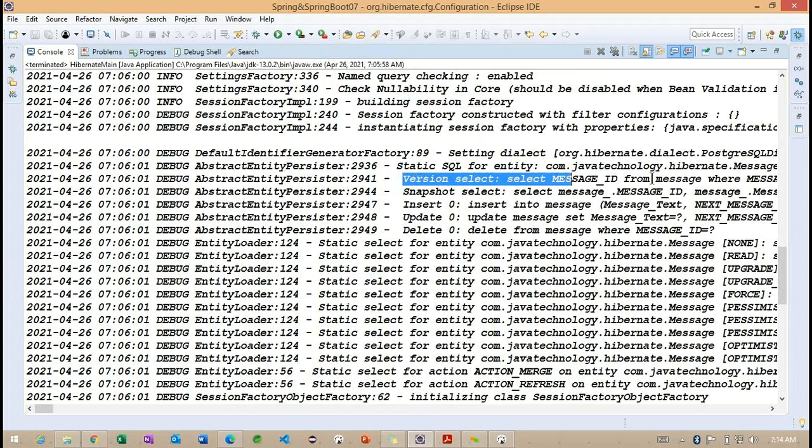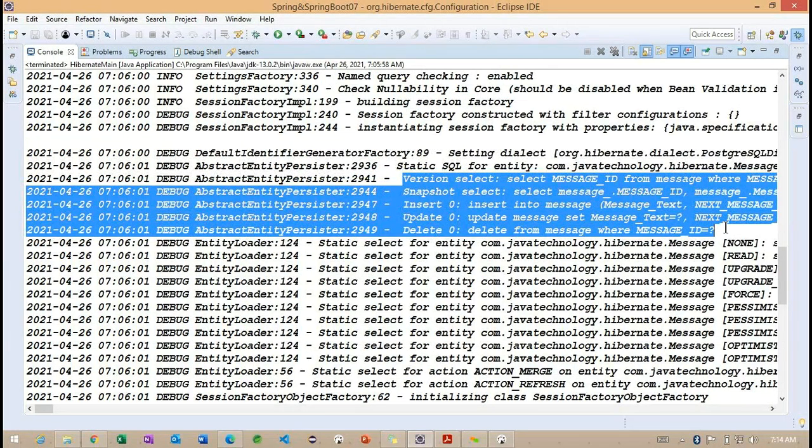And later, we can understand these are the SQL queries for this particular model class called Message. These are the SQL queries generated by this particular class, AbstractEntityPersister, which provides the generated SQL query information.